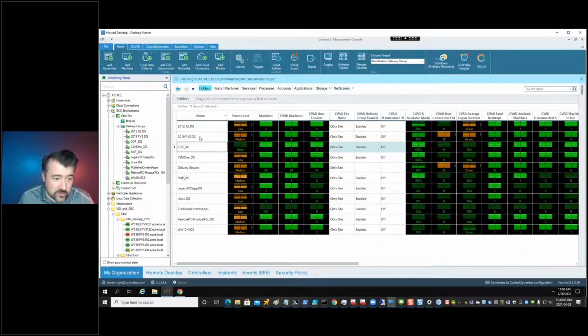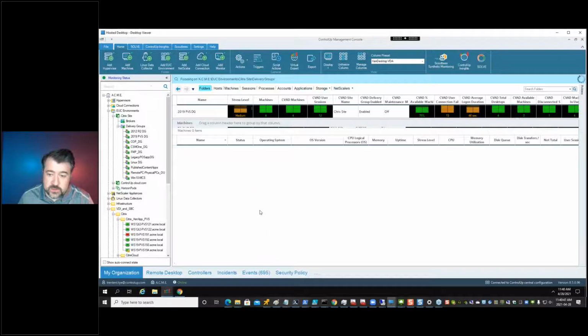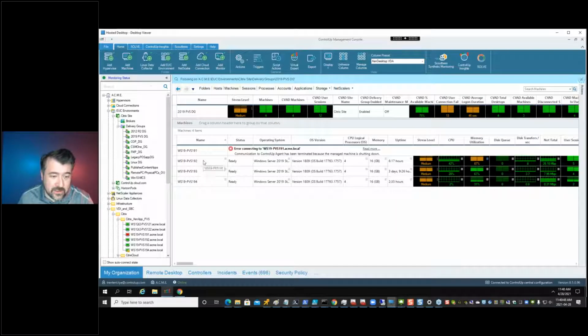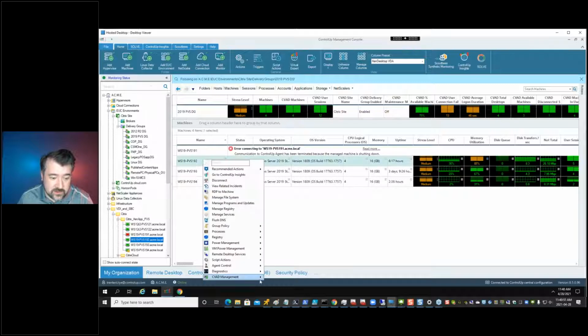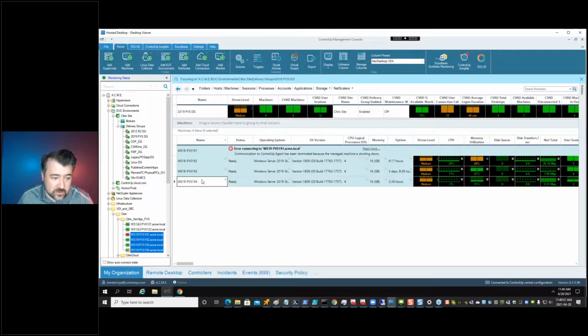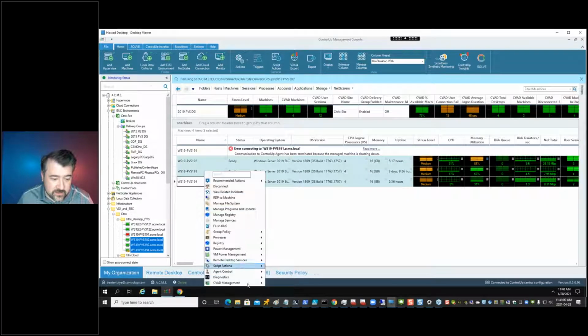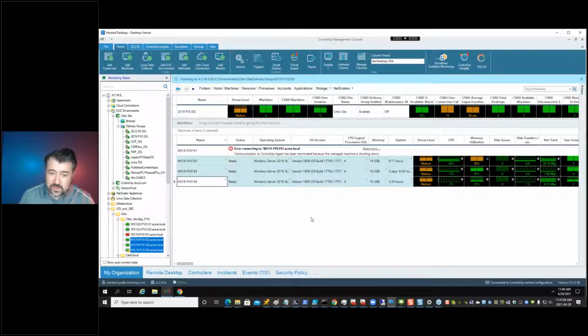And then within these delivery groups, if I drill down into them, we can now see the machines underneath them. And again, here we can actually right click on each of these machines and we can do a management action on these machines. So I can enable maintenance mode for each one of these machines, or I can select multiple machines and actually execute a maintenance mode across all of them, and so on and so forth. So again, really cool, really powerful, really fast how ControlUp has these capabilities and actions all built into the product itself. So that's for on-premises